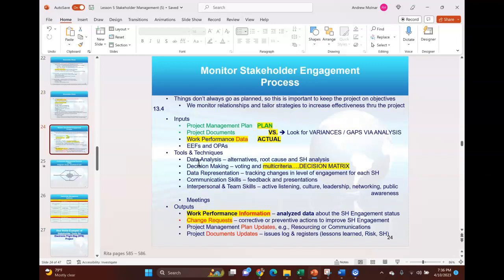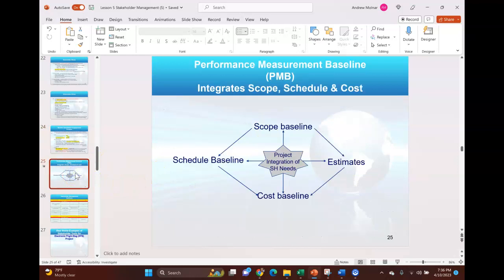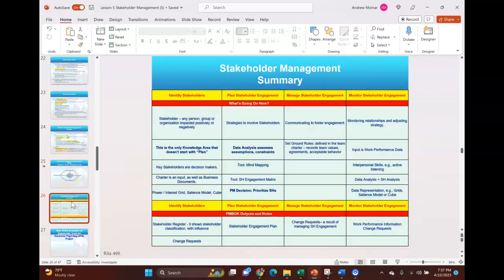Okay, so this is pretty much it. Then I'm going to monitor, which is really controlling, right? When I'm monitoring stakeholders, I'm looking for their attitudes to change and updating my grid and my stakeholder register to accommodate. Okay, that's it. That's what I'm doing here. This is kind of a one-slide summary of what I see as the key processes and things that are going on there in identify, plan stakeholder engagement, manage it, and control or monitor it. And then these are the key outputs that I would be looking for. That's it. That's stakeholder management.